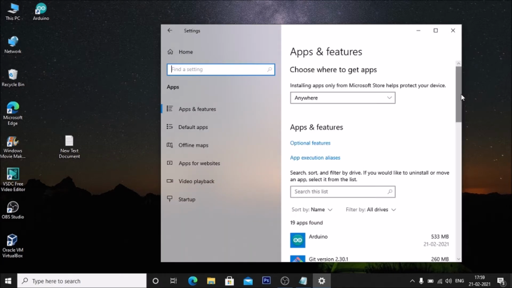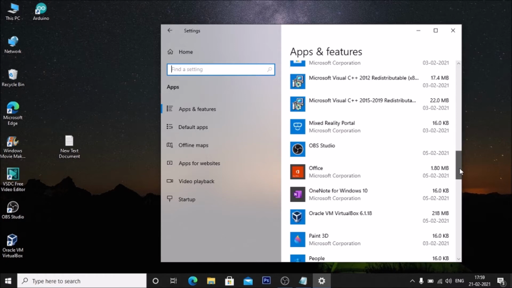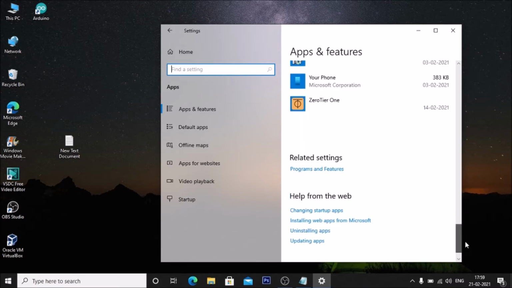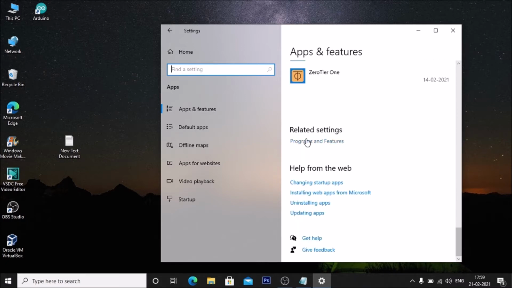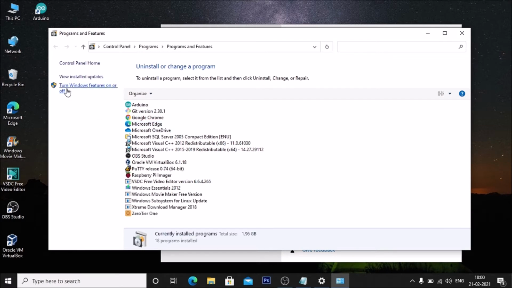Then scroll down, and here we need to go inside Related settings, Programs and Features. Simply select it. Then here we need to go to Turn Windows features on or off. Simply select Turn Windows features on or off.